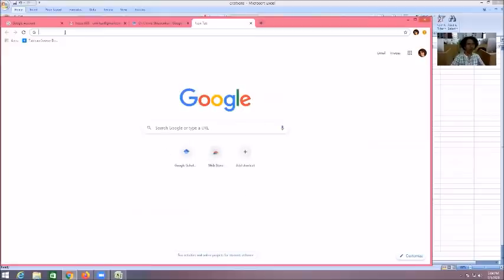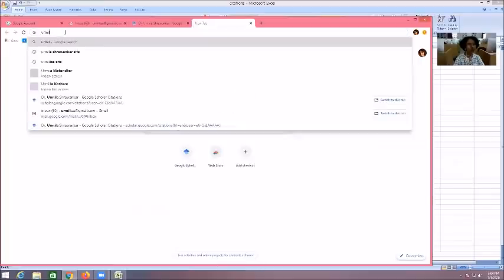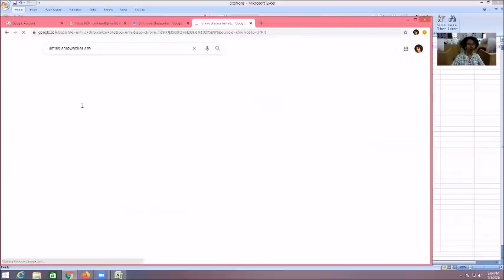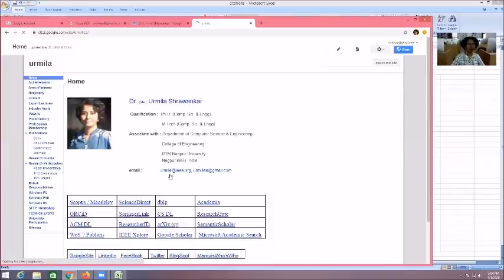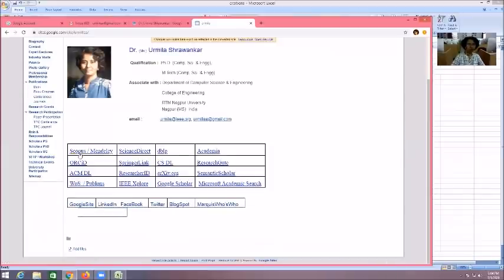I will open my page, the Urmila Shravankar site. I have opened that particular page and I have linked all my profiles there. Look, this is my Scopus profile, this is my ORCID, Web of Science, IEEE Xplore and all.